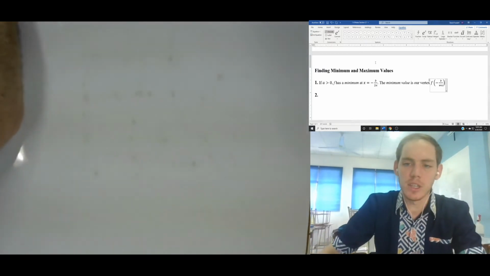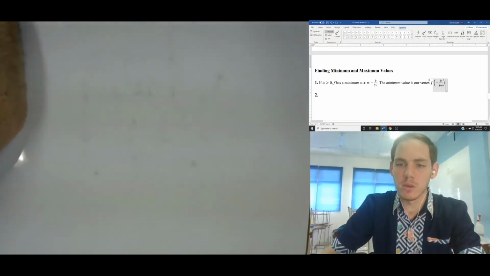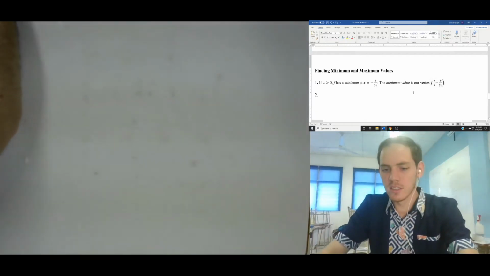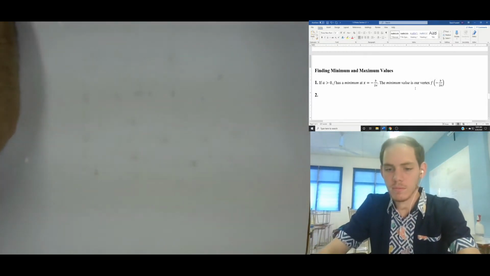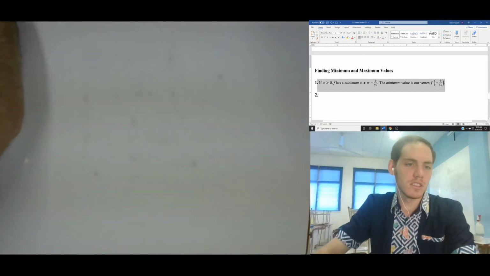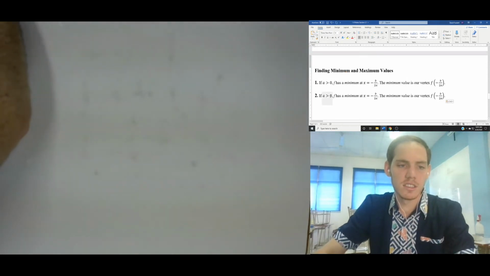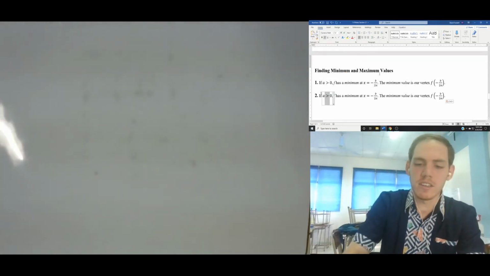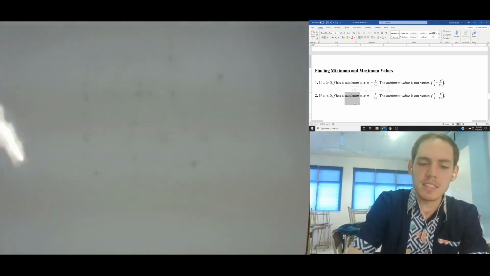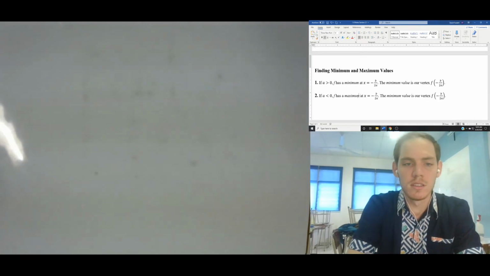That's not a W, that's supposed to be a 2a. I don't know where my finger was. It was over the W, obviously. Okay? And if that's the same thing, it's beautiful. This is a beautiful thing about computers. You can just copy and paste with Control V. So instead of being greater, if a is less than 0, then we're going to have a maximum at this, and our maximum